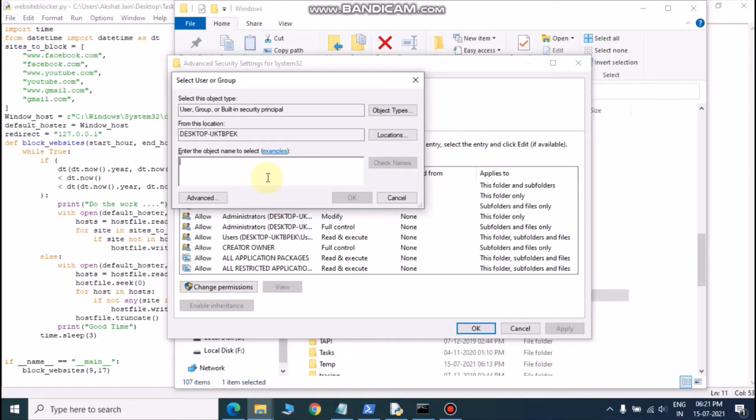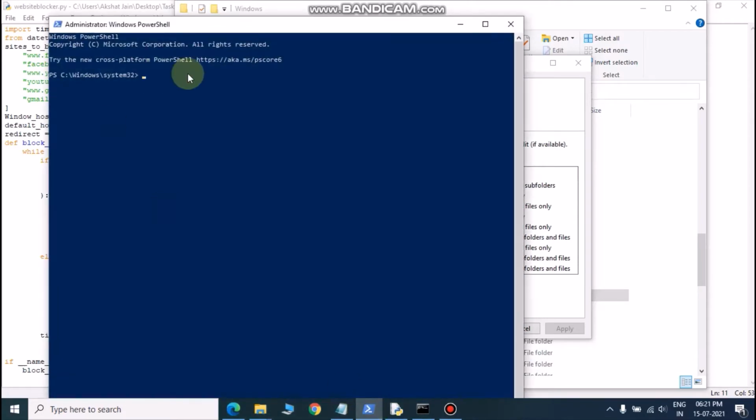If you don't know your system name, then you can go to PowerShell here and check your current system name. Here it is, $env:username. So my system name is Akshat Jain.